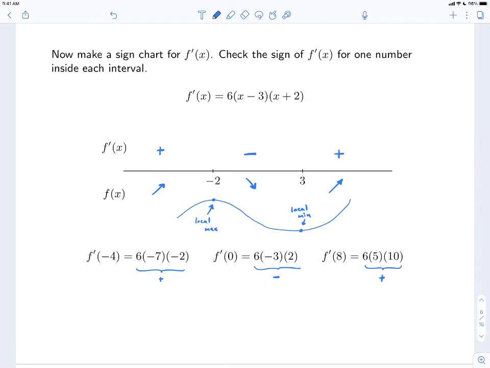Let's just write that down. We have a local max at x equals -2 and a local minimum